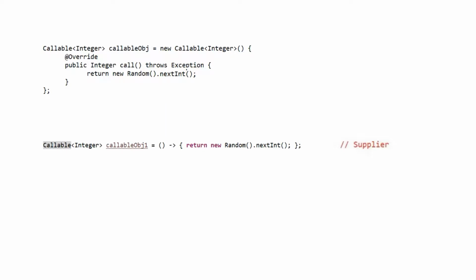This is how we write it. It is not going to take anything, so empty braces, and it is going to return a random integer value every time it is used. So this is an example of a Supplier functional interface, which doesn't take anything but gives you something.